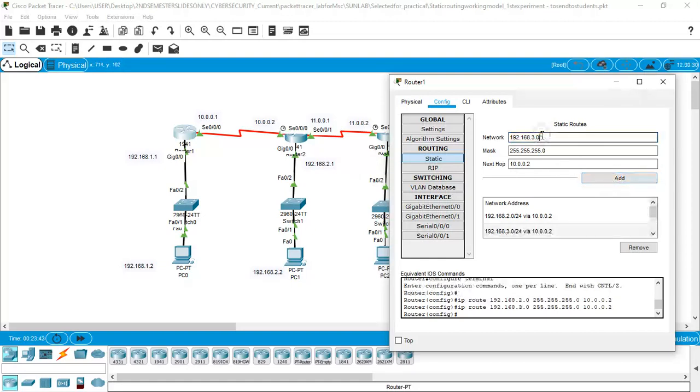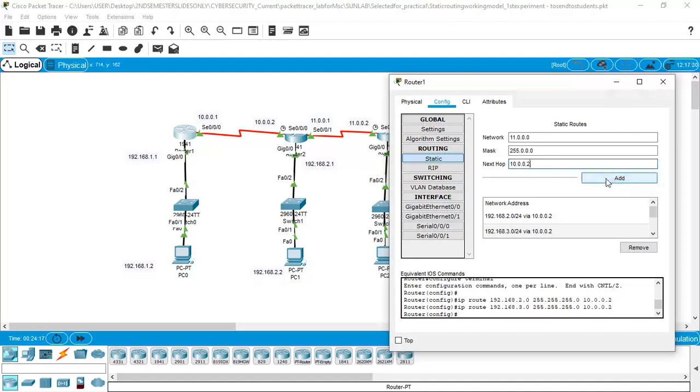Then what is left is the network between router 2 and router 3. That is 11.0.0.0, and the subnet mask will be 255.0.0.0, and that will be through 10.0.0.2.